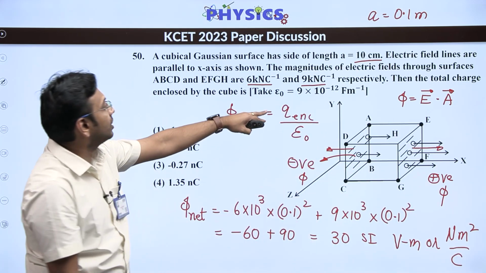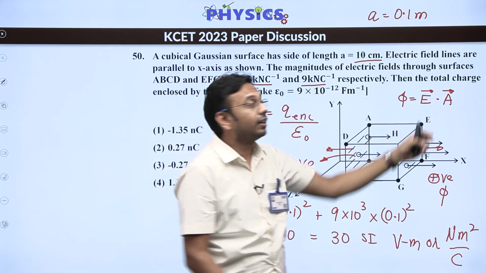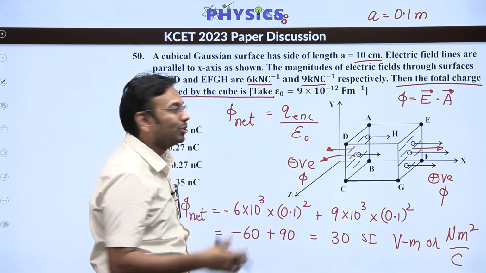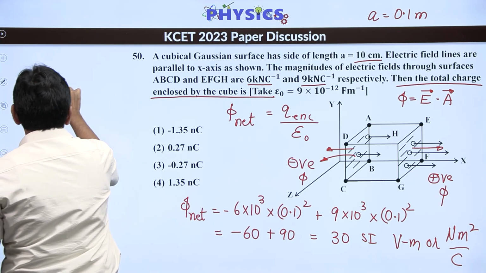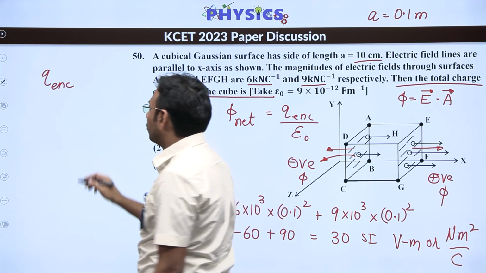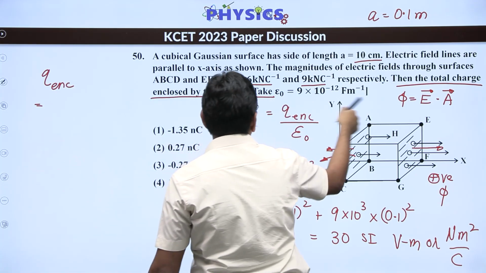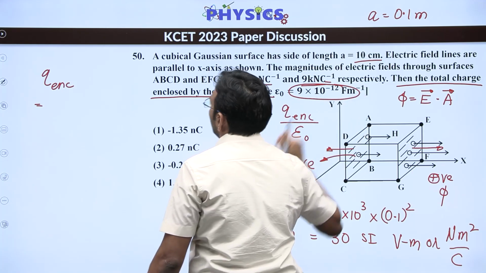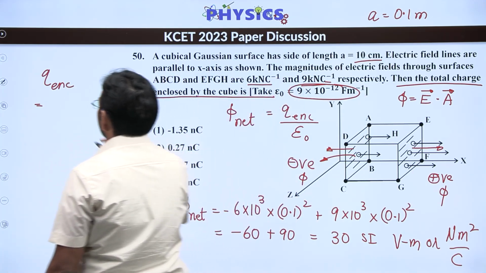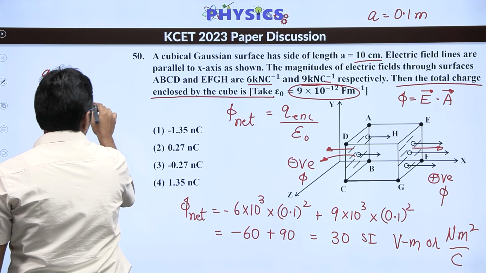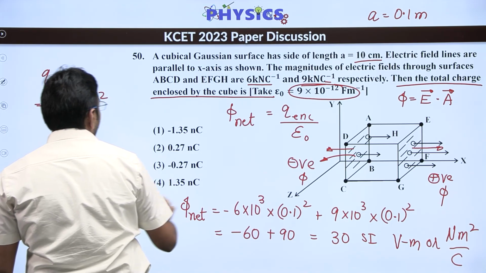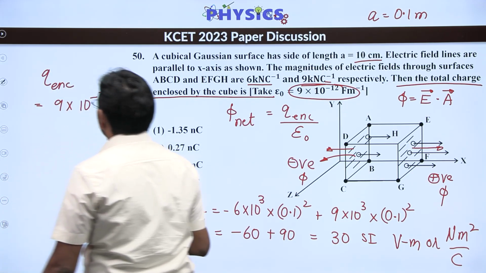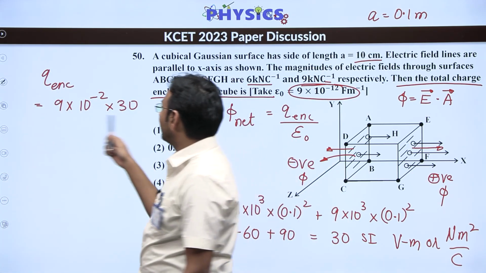Now this should be equal to the charge enclosed by epsilon naught. What do we have to find? We have to find the total charge enclosed by the cube. So let's calculate that. The charge enclosed will be equal to epsilon naught, whose value they have given as 9 into 10 power minus 12 F per meter. That F is for farad. So 9 into 10 to the power minus 12 into this flux which we calculated, that is 30, and therefore we will get